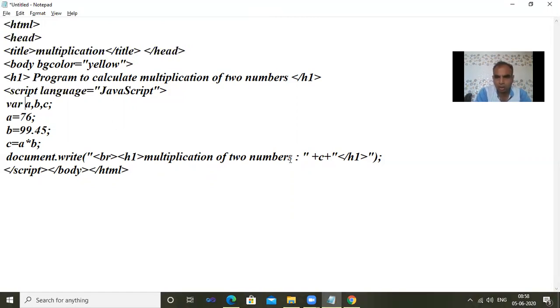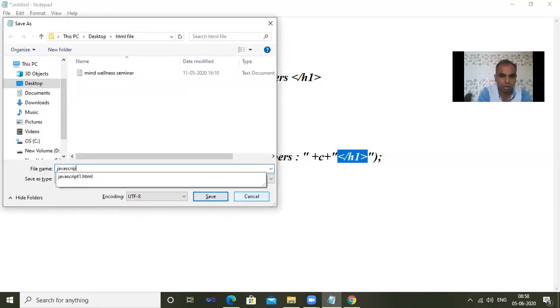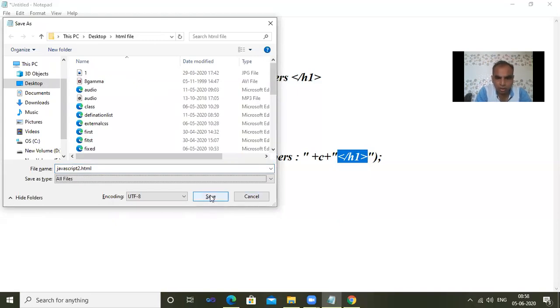Here we are joining, or concatenating, the variables using the concatenation operator, that is plus C, and we continue plus again quotes, writing the heading. That means it represents the heading and plus C. C stores the value A into B and that is represented here. So we can see the output. We save it as JavaScript2.html, all files, save the file.